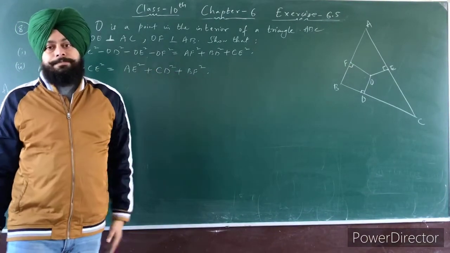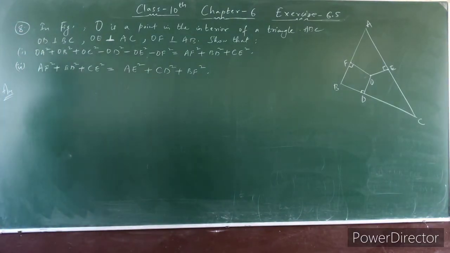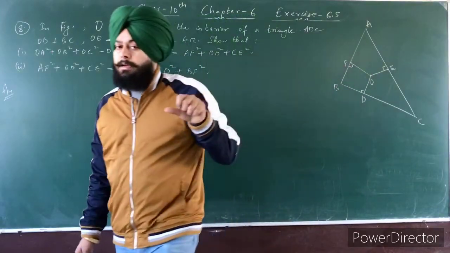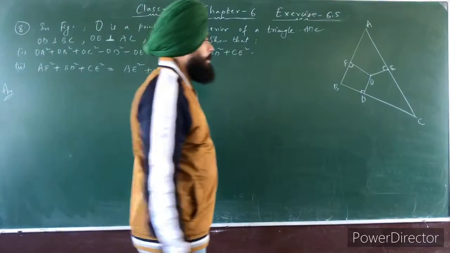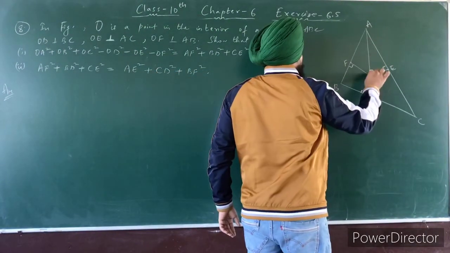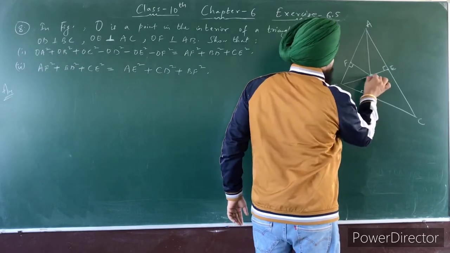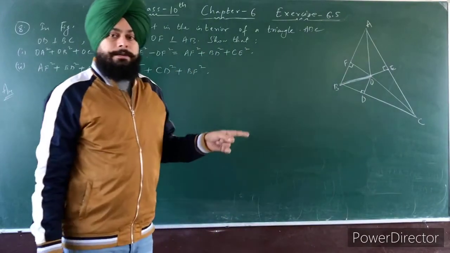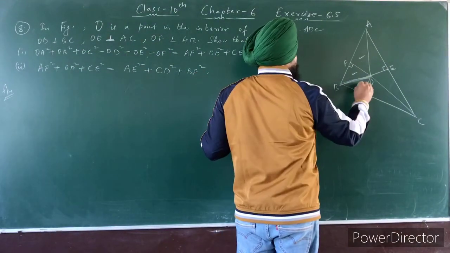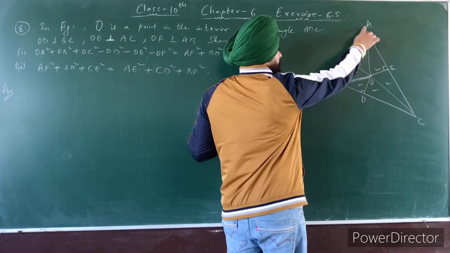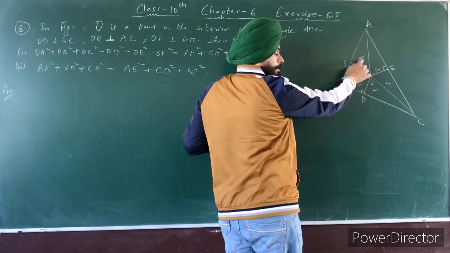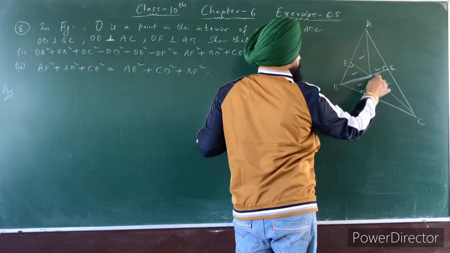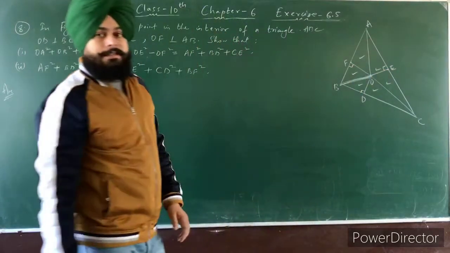So first, you can see here this is a right angle, but no one is a right triangle here. So we have to take a construction. We have to join here OA, OB and OC. So you can see here there are how many right triangles? There are a total of 6 right triangles. Which ones? This 1, 2, 3, 4, 5 and 6. Triangle AFO is a right triangle, triangle BFO, triangle BDO, triangle CDO, triangle CEO and triangle AEO. So there are a total of 6 right triangles.